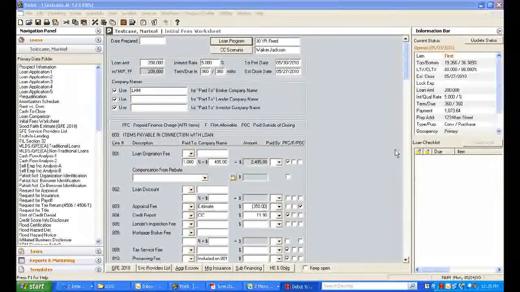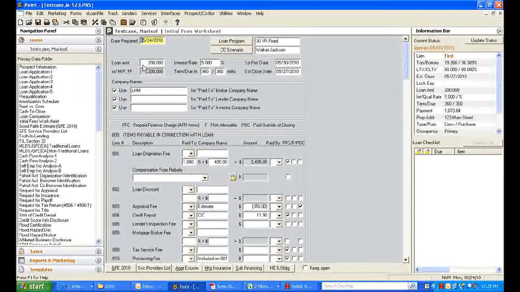The purpose of this video is to illustrate how to complete a good faith estimate where the loan has not been locked. As you can see here in this test case, this is the initial fees worksheet. You should already have your loan amount, interest rate, terms, and all these figures already populated, but you'll simply